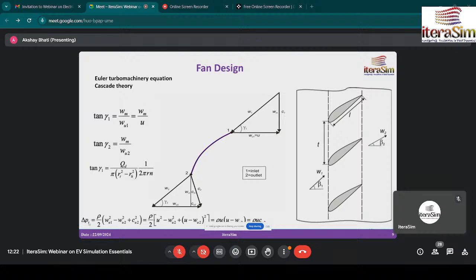In a fan there are basically two things. One is the pressure development by the fan, which may be static pressure and total pressure. The other is how much flow rate the fan will generate. Using the turbomachinery equation we can put in the pressure, and we can find the flow velocity component, the horizontal component of the flow velocity, and based on that we can find out